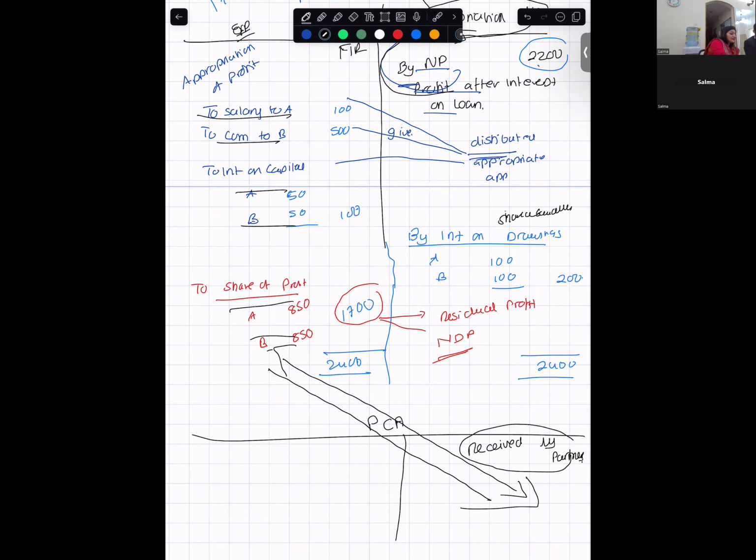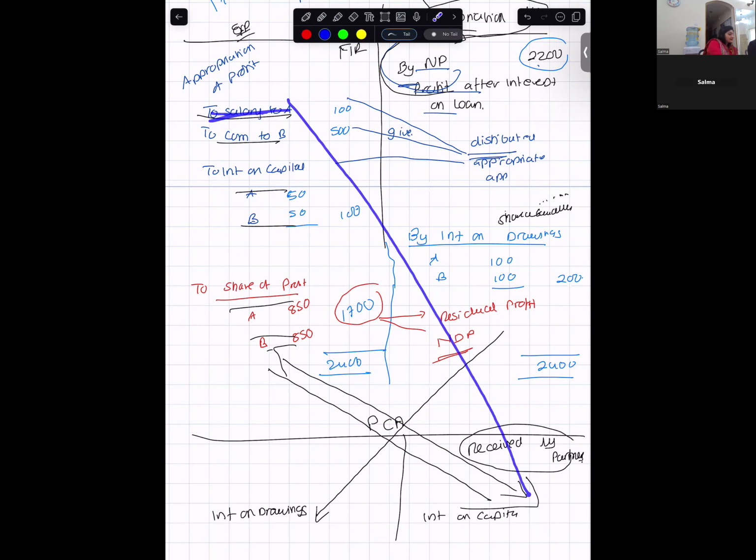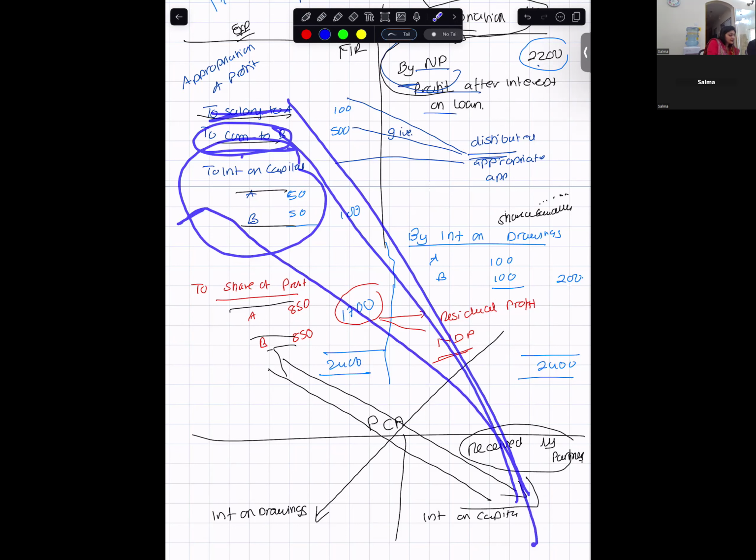Whatever is income for the firm is paid by partners, so that will come over here. Interest on drawings will come over here. Whatever is on the debit over here: salary, appropriation debit, capital credit. Commission, appropriation debit, capital credit. Interest on capital, capital credit. Share of profit,